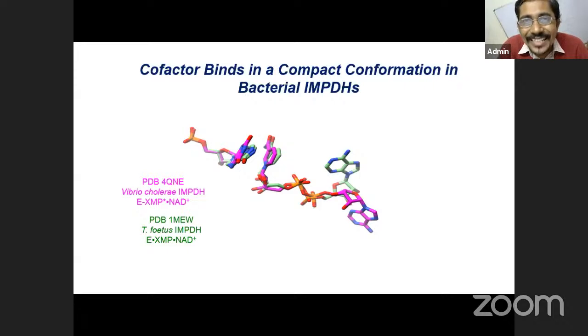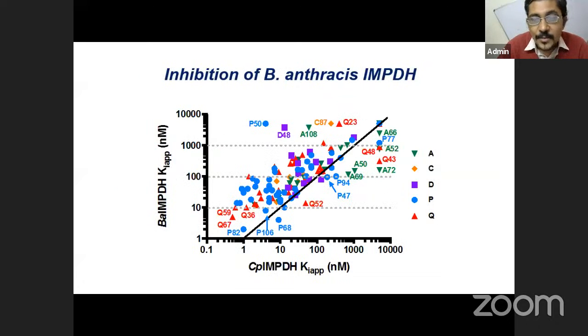So when you talk about the bacterial IMPDH, there is a very beautiful thing to look at. The cofactor, which is basically NAD, if you remember, binds in a different conformation. It is very compact in comparison to the Cryptosporidium IMPDH cofactor binding. In Cryptosporidium, it binds in the open, quite large. But with the bacterial IMPDH, the cofactor binding is very compact, and that's how the challenge comes in: the compounds which we have tested for the parasite are not active against the pathogen. So then we developed a lot of molecules and tried to plot